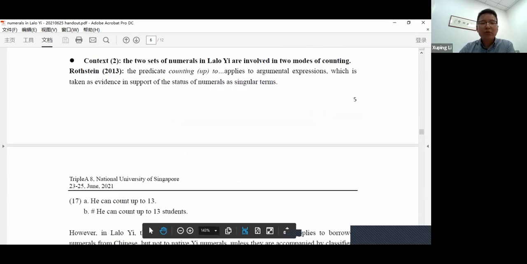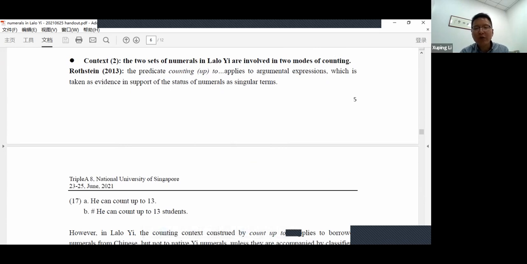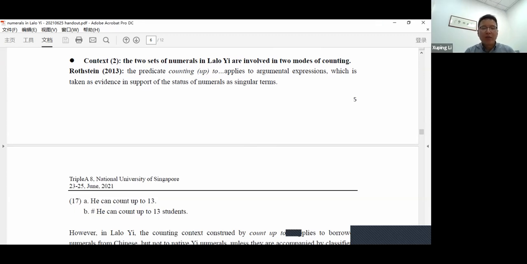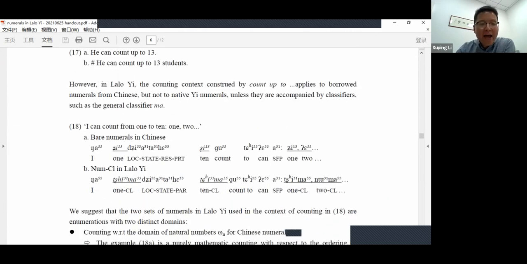Rostin argues the predicate "counting up to" applies to argument expressions, which is taken as evidence in support of the status of numerals as singular terms. So you can say he can count up to 13, but you cannot say he can count up to 13 students, right? However, in Lalo,